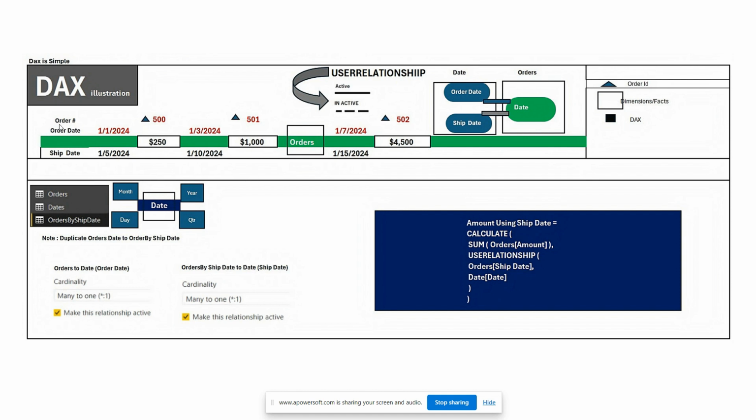If you go through this, we displayed the order date here, ship date here, order number here, and the amount here. And this is the order, and this is the date, ordered by date, and this is the date dimension, this is the order dimension. And this is a nice presentation. We like to show it here for an easy understanding, so anybody can understand the DAX function in a